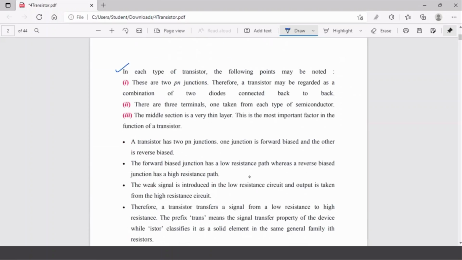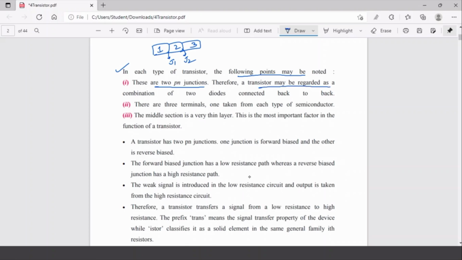So all transistors, these are some important points to be noted here. There are two PN junctions which are being formed here. Between the three layers, there are two junctions formed, because you know that there are three layers, layer 1, layer 2 and layer 3. We can say that this is junction 1, J1, and this is the second junction, J2. Depending upon whether it is an NPN or PNP type transistor, we will definitely have a PN junction formed here. J1 will be a PN junction and J2 will also be a PN junction. So there are two PN junctions.